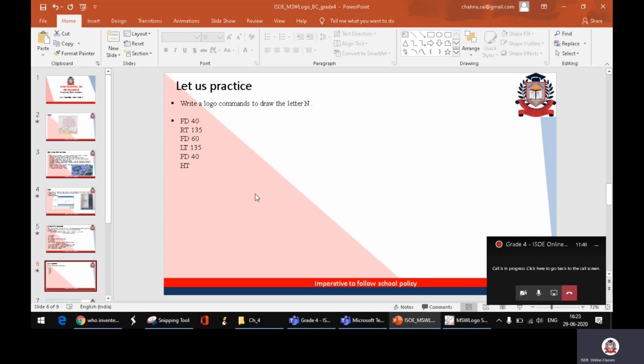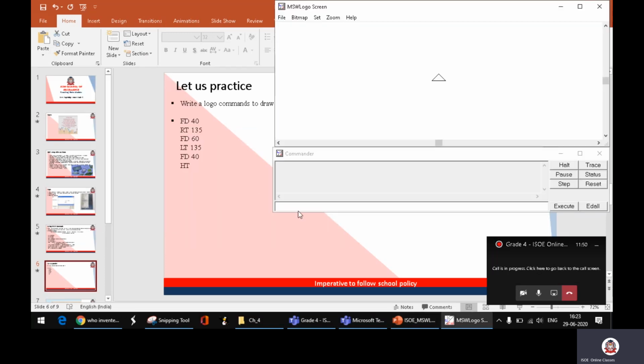So we'll practice drawing an N. So whatever it says, forward 40. So it goes 40 up, and RT 135. In the same place, the angle of the arrow has changed to 135. Again from there forward 60, so it comes down.